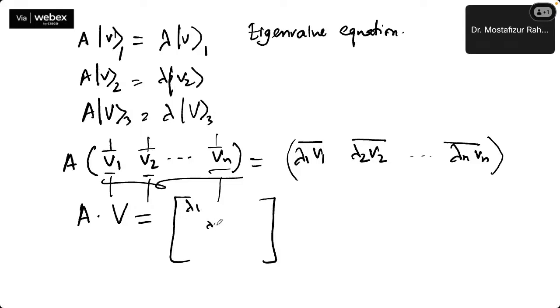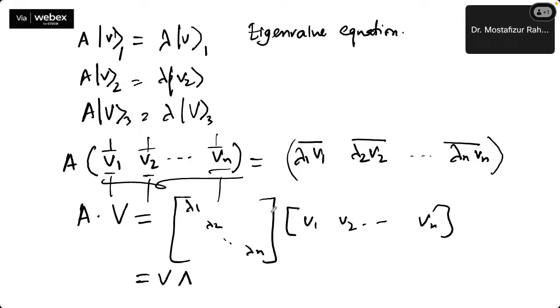Lambda 1, lambda 2 up to lambda n times V1, V2 up to Vn. Basically, if you do a diagonal matrix times a simple matrix, this times V1 gives lambda 1 V1, lambda 2 V2, lambda 3. So it is simply row times column multiplication, right? So you'll be getting that one, right? So that means this is equal to the equation lambda,